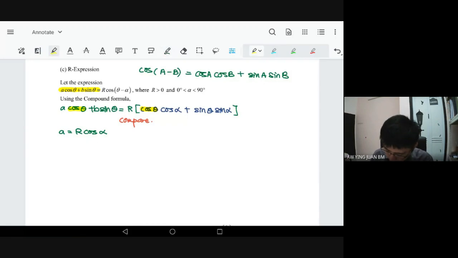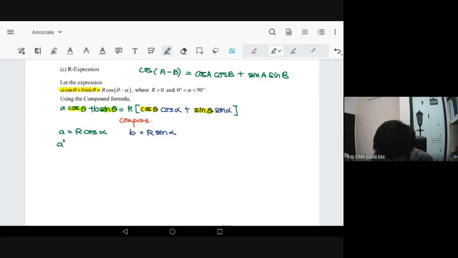Kemudian second term, you rujuk sini ada sin theta. So di sini pun ada sin theta. So kalau untuk you punya R tu, you expand, you akan nampak benda ini, iaitu B is equals to R sin alpha. Okay, B equals to R sin alpha. Kemudian kita perlu buat sesuatu perkara. Itu adalah dia punya derive lah, iaitu